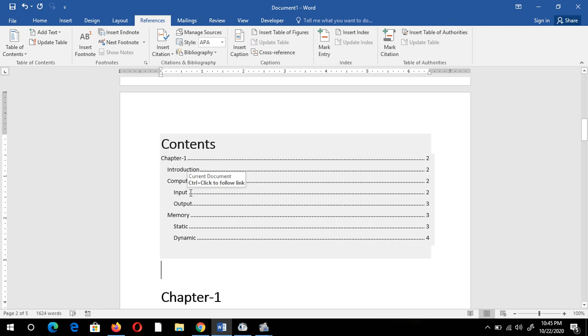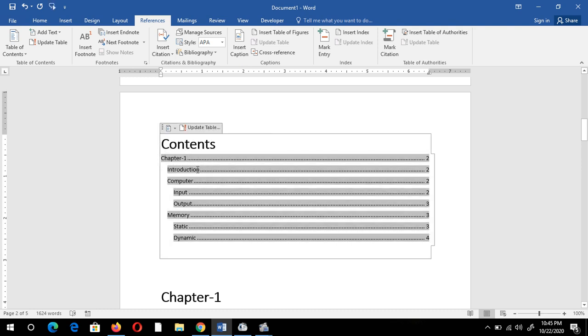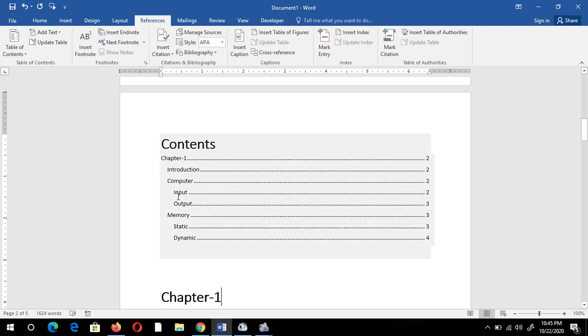I wrote input and output under computer, so they are considered level 3, because at that time I chose Heading 3. Again, memory is Heading 2, that is level 2, and static and dynamic are under this memory part.